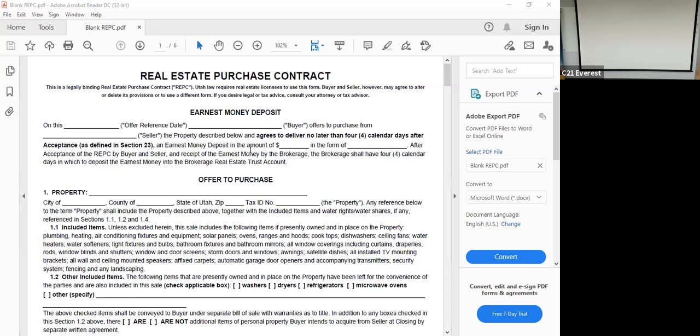And at that point, the clock starts ticking according to the contract. So we go under contract tomorrow. Now we have 4 calendar days after tomorrow. So tomorrow's Wednesday. So that day 1 is Thursday, Friday, Saturday, Sunday. So by Sunday, the earnest money must be delivered